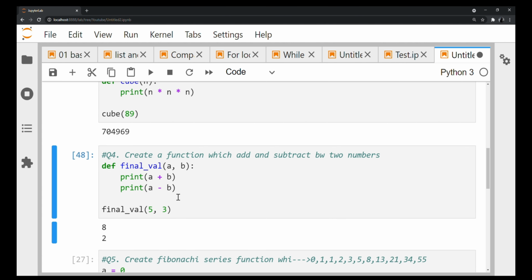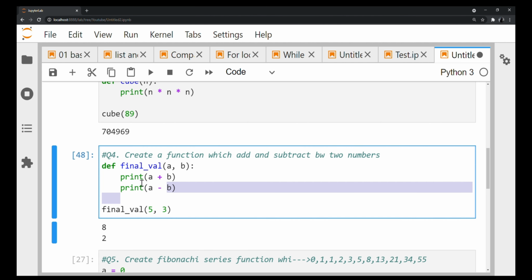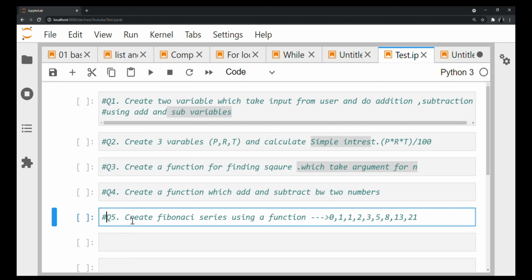The same thing I'm getting. I can simply print it, or I can store that value if I want to use it further, right? So both ways are good. But for our solution, we just want to print something out of it, so it's good if you have done it this way, so you can get the same output within 3 lines of code. Okay, let's go to our final question for today.